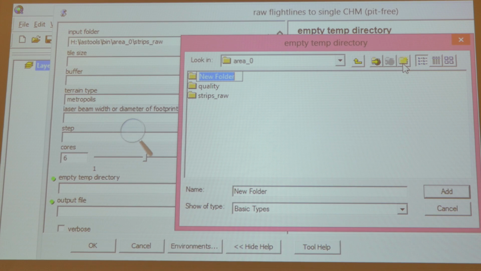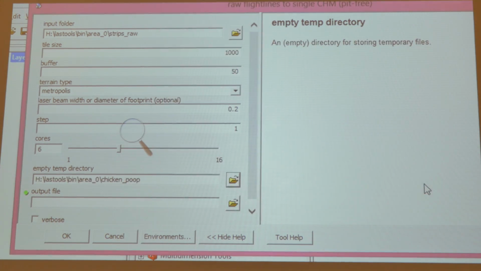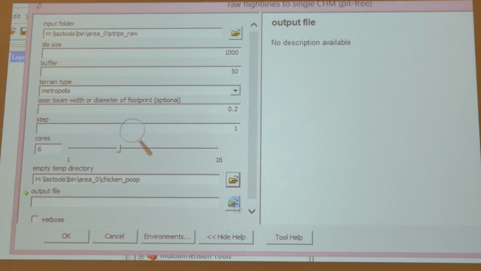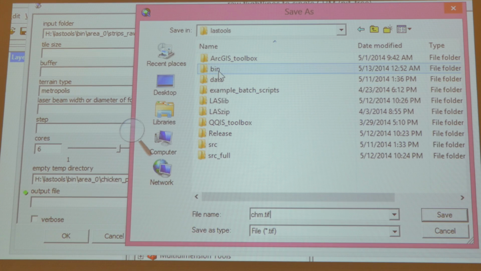So I call this chicken poop. Okay, I know there's nothing really important in there. And the output file I call, so this will be one file. This program merges all the rasters in the end into one file. And I call it chm.tiff, and I put it into the same directory as,